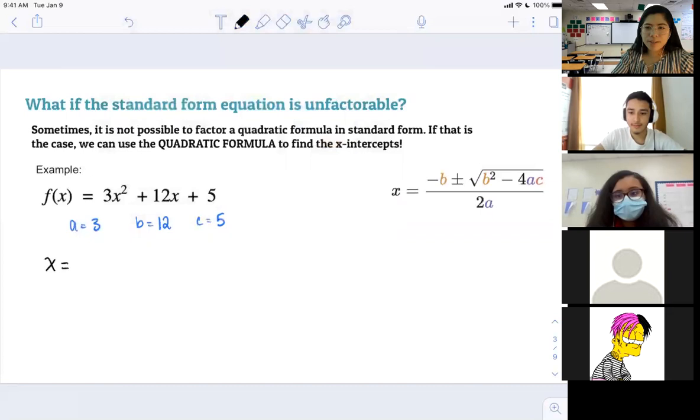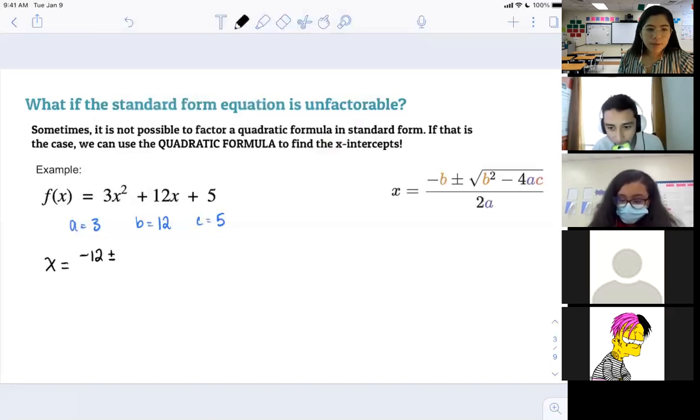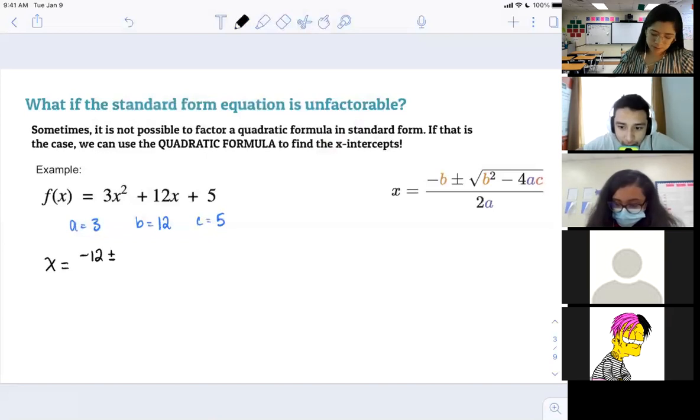I'll get you next time, Tyrone. Okay, so negative 12. Wait, can I do this? Let Janelle have her chance, and then I'll call on you. Okay. We'll do a couple. All right, negative 12 plus or minus the square root of 12 squared